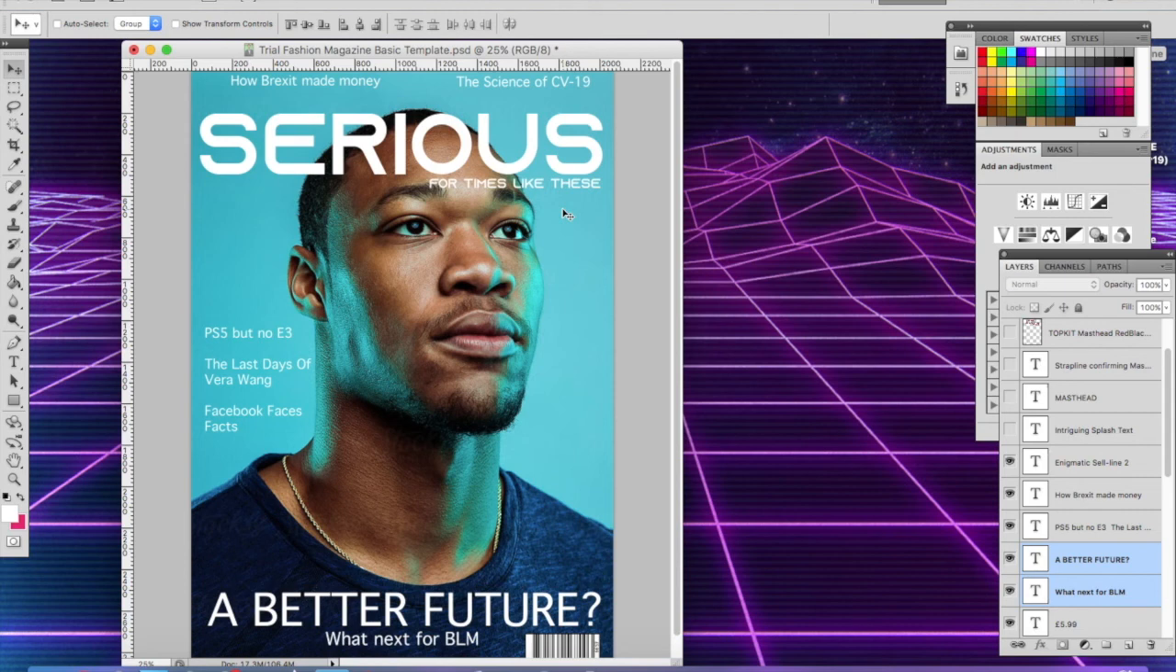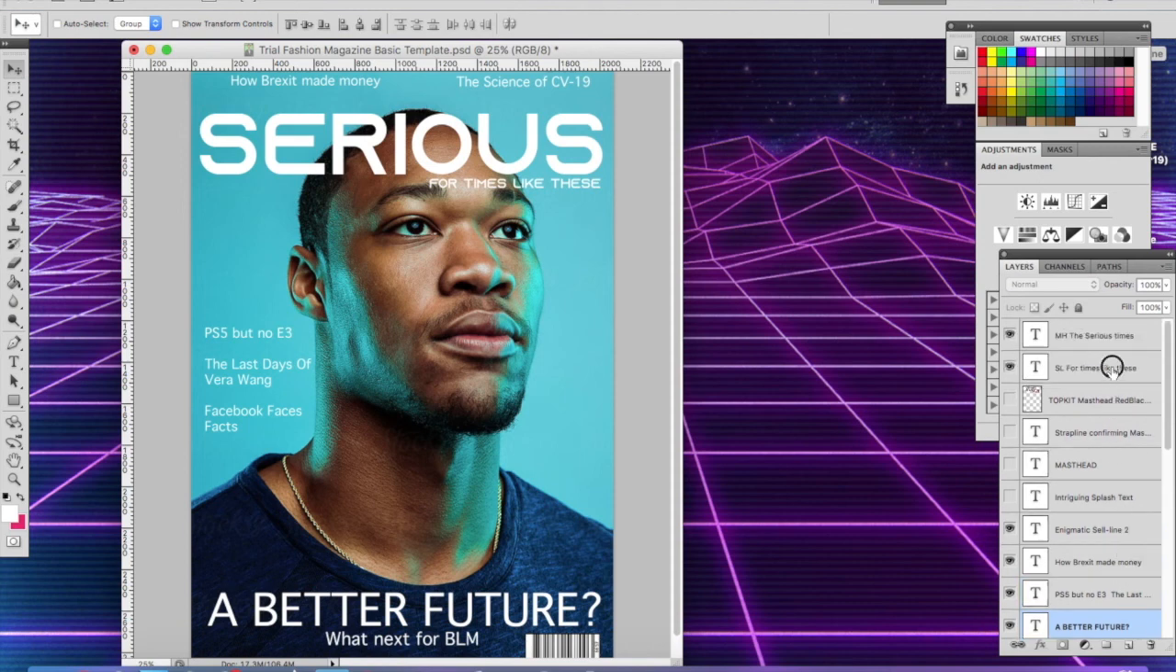Or I can put it behind his head, because we can do a thing where we can cut round our guy and layer him forward in front of the masthead and in front of the strap line. But that's okay, because that's a very often used design technique, especially where the audience are familiar with the brand. So right now, because I'm launching my magazine, I might just go and get my For Times Like These, and